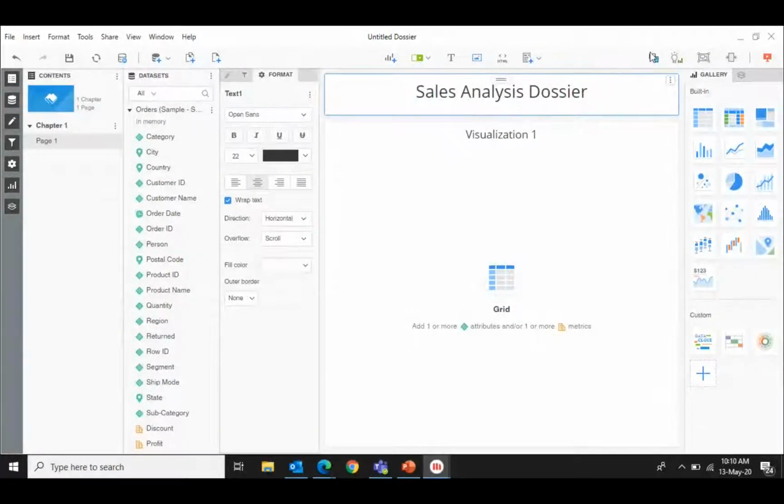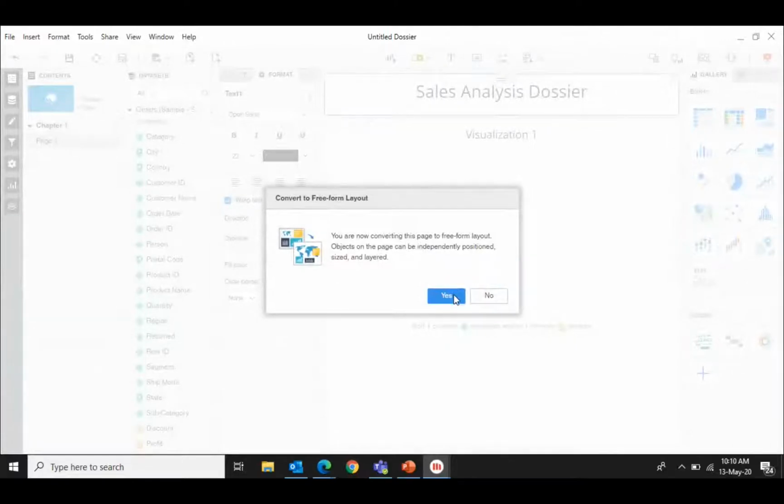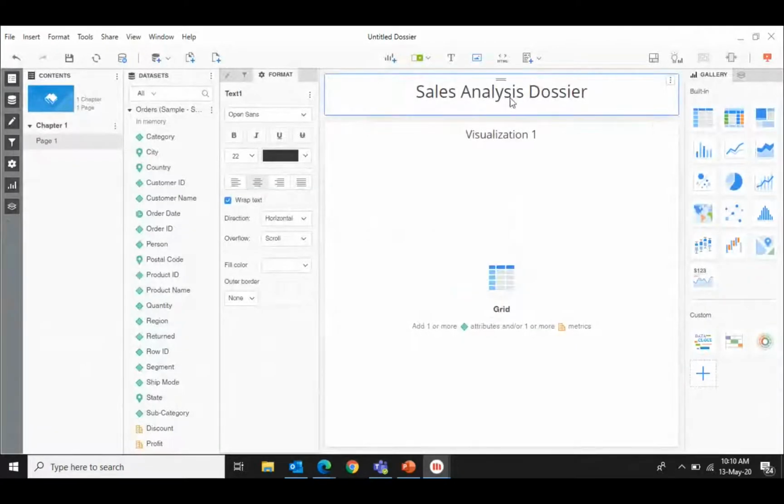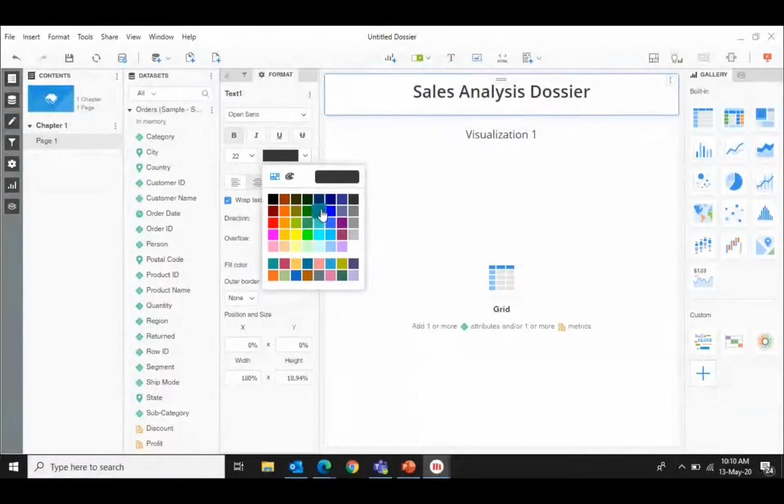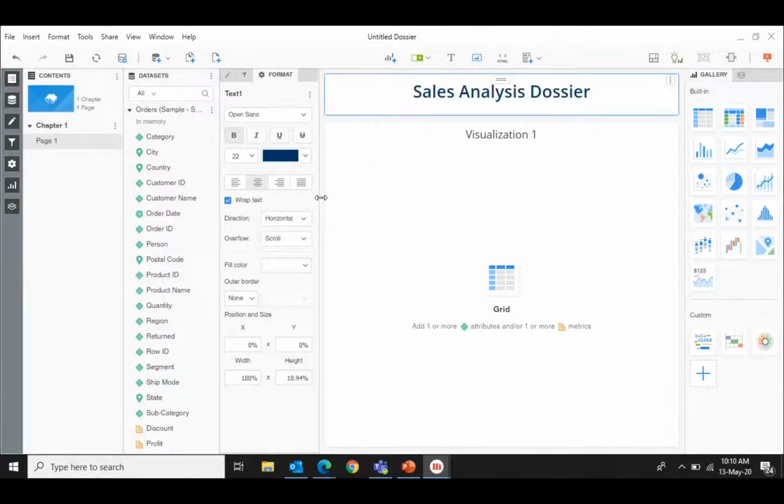Okay, that's cool. And I just make it blue, and I change the font color. Yeah, fine. Now the most important thing, and one of the most beneficial things this MicroStrategy Dossier has over